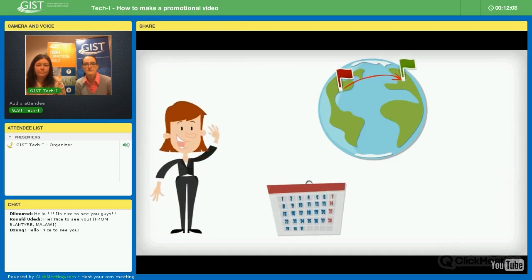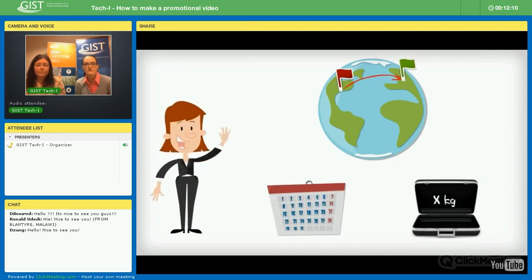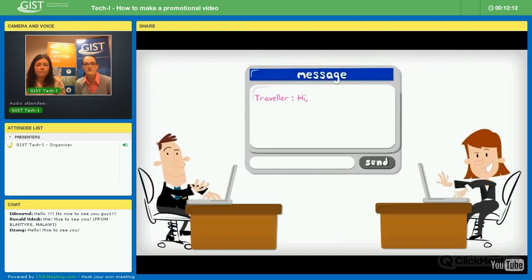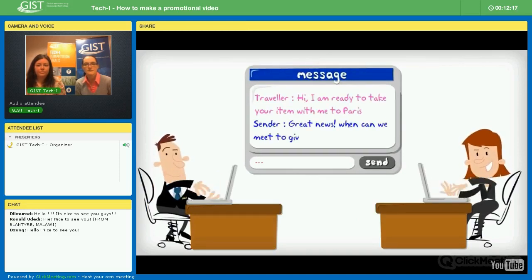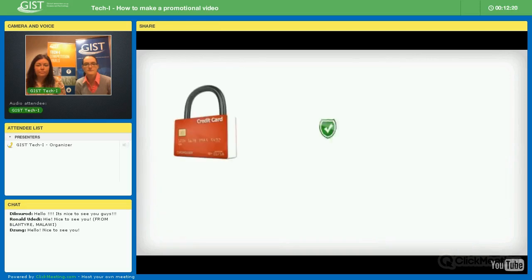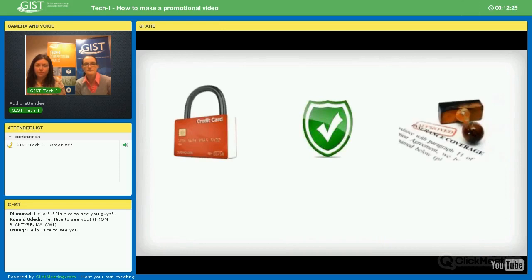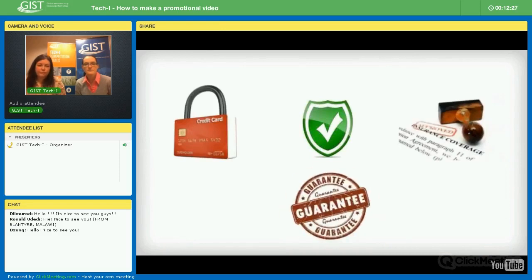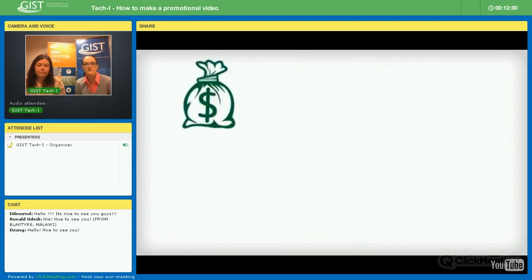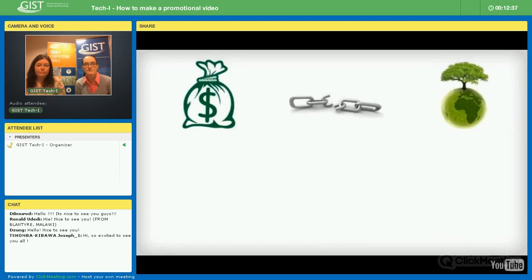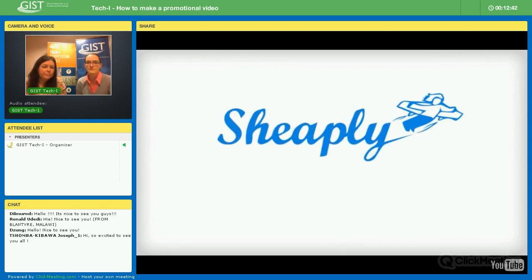Meanwhile, travelers that want to make money share their travel details on Sheeply. When a traveler gets interested by a shipping request, we get you connected. Together, you can decide when and where you'll meet. Sheeply is fully safe. We do a checking on profile and identity of our users, and the items you ship are covered by an insurance. We guarantee the payments through our secured platform. With Sheeply, earn money, free yourself from big company constraints, and reduce your ecological footprint. So ship your items cheaper and make profits from your trips. Sheeply.com. Ship, travel, earn.